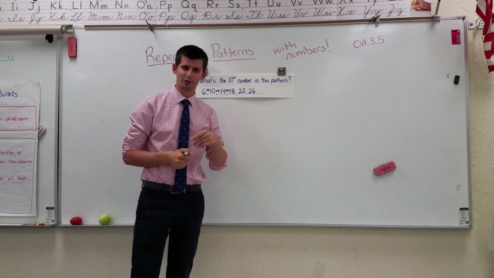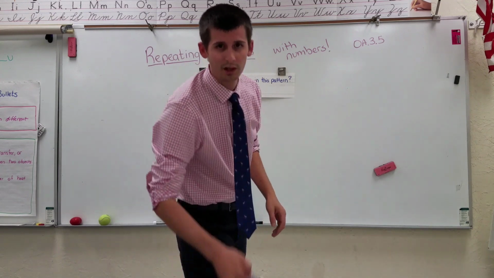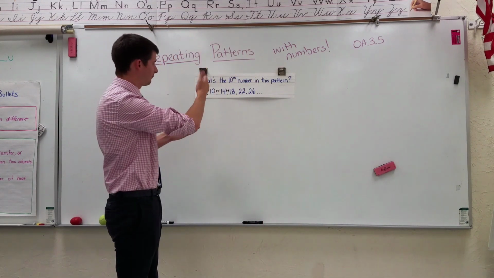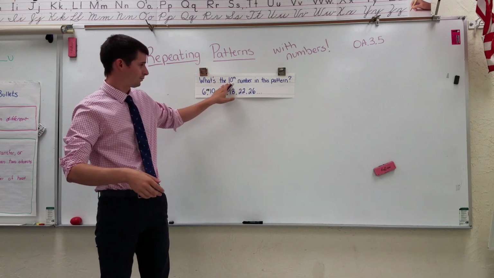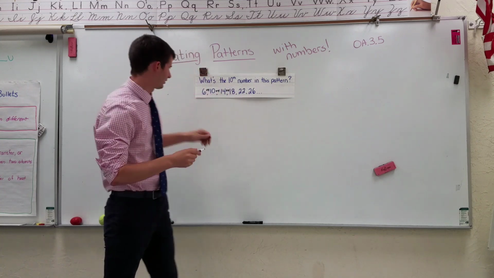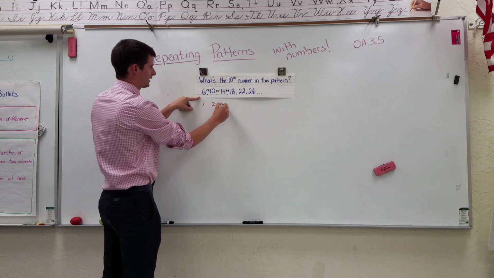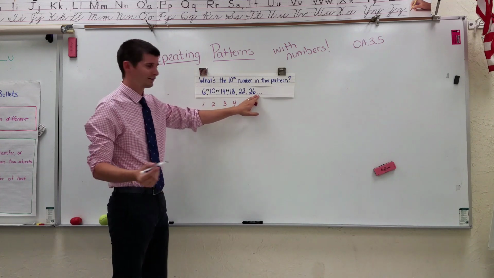Now I don't want the next two. I want the 10th number. So what we're going to have to do is actually figure out what that 10th number would be. The easiest way, because we're only looking for the 10th one, is we can just finish the pattern going to 10. So this would be my first one, second one, third one, fourth one, fifth one, sixth one. So my seventh number